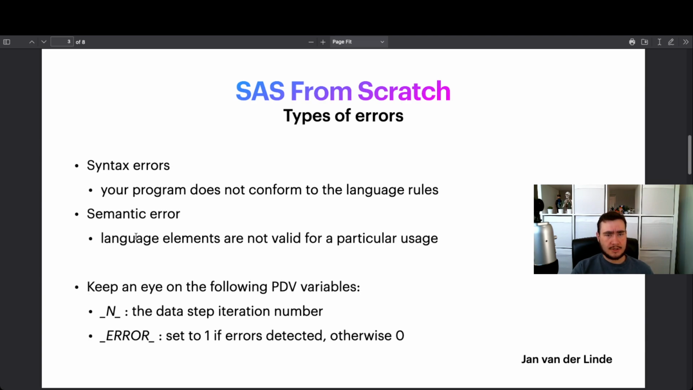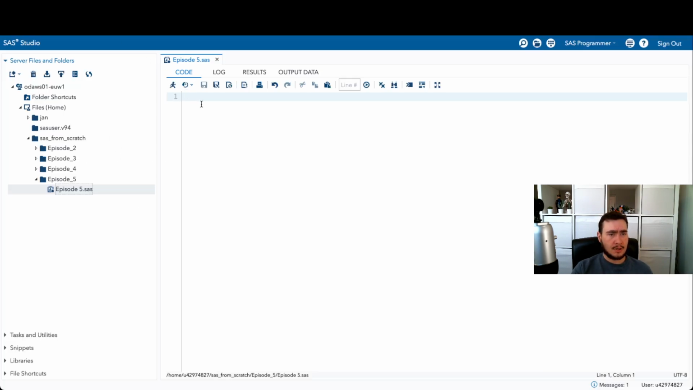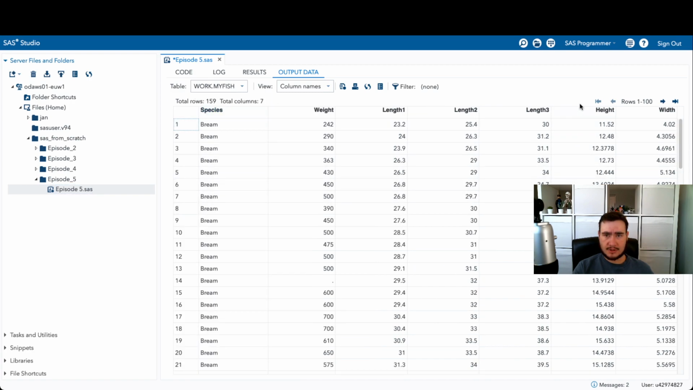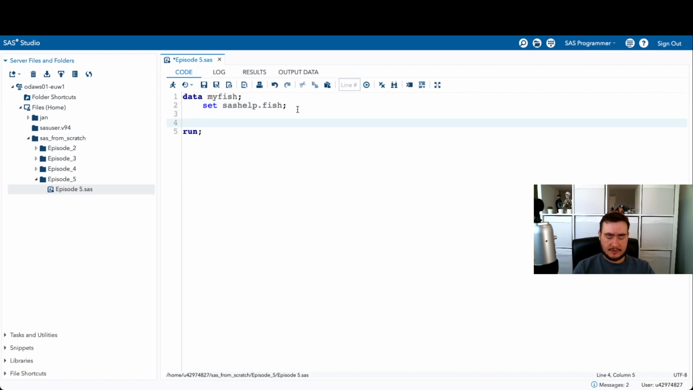Let's look at an example of that, because I think it's useful. Let's start simply by saying my fish, and we've seen this a few times now. We're just going to read in the sashelp.fish dataset. If we run this, we get our fish dataset. I'm going to close these columns because we don't need them at the moment. And if we try to refer to the N and ERROR variables, let's call it my n equals _N_, and that can be capitalized or not. Again, SAS doesn't care. Or we can say my error equals _ERROR_. And if we run this,